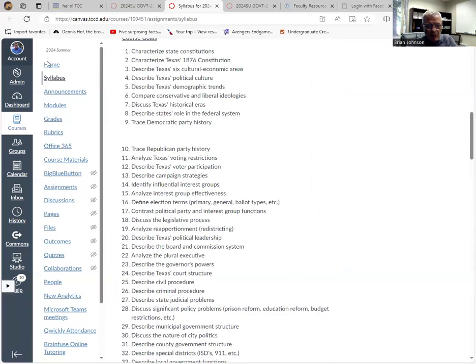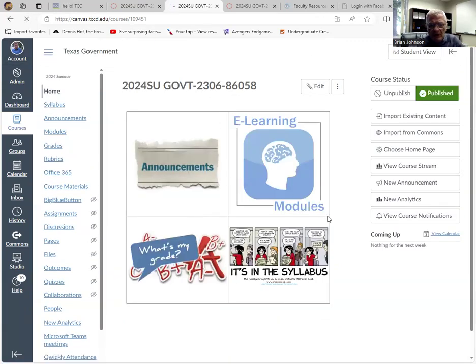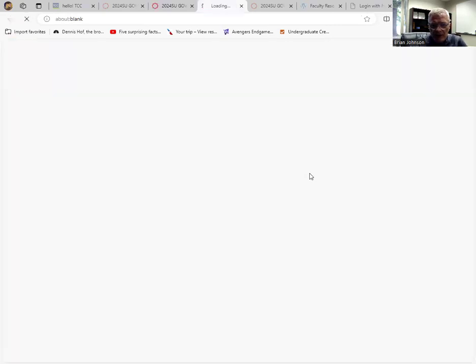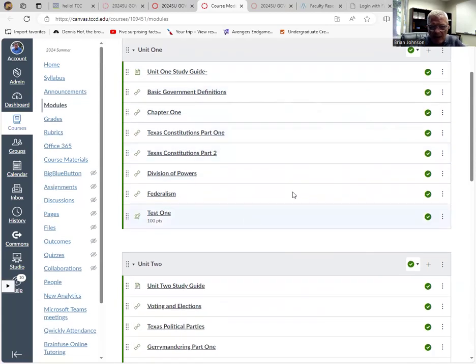So let's go back to the home page again. All right, so let's look at modules. Here's how I've set it out. As you can see, here's a Unit 1 study guide. This will help you prepare for the test. Then I have videos that I probably need to update because the technology's gotten better that cover all of these items. So I'll have a video on the Texas Constitution, some basic government definitions, federalism,